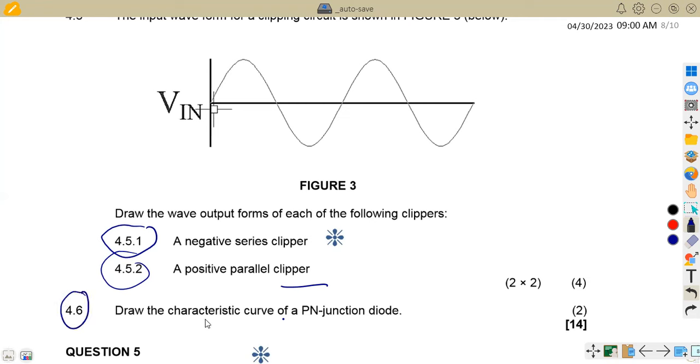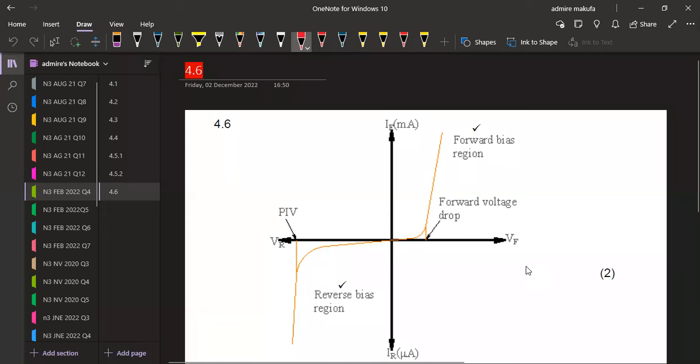Then on 4.6, draw the characteristic curve of a PN diode. The characteristic curve, 2 marks for that. For a PN diode, these are the characteristics that we have on our curve, taking note of your forward voltage and reverse voltage. So you've got the reverse bias region, and the forward voltage drop that you're going to have at this point, depending